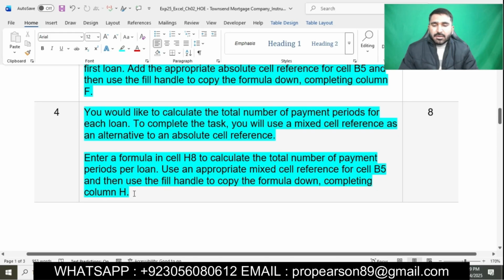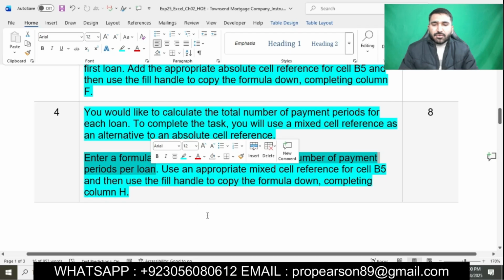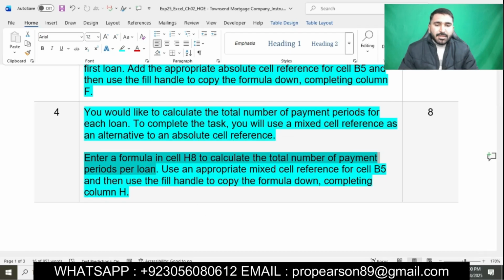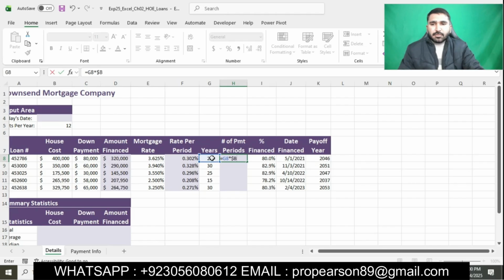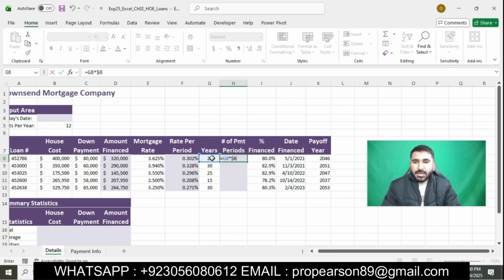completing column H. Okay, we will enter a formula in cell H8 to calculate the total number of payment periods per loan. We will go to our Excel workbook, click on cell H8, press equal to, and then we will find the number of payment periods. G8 multiplying by